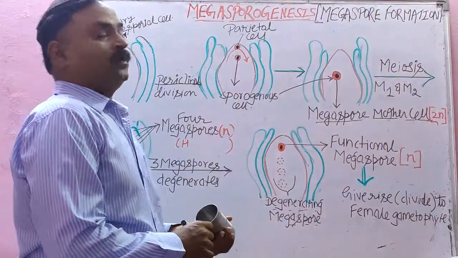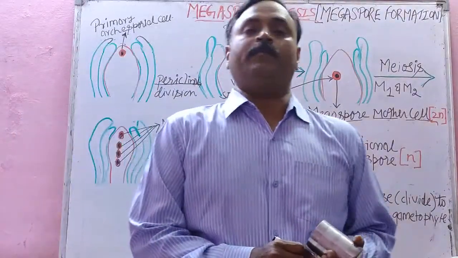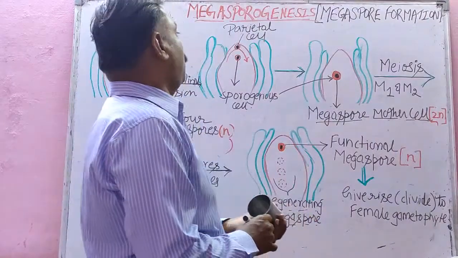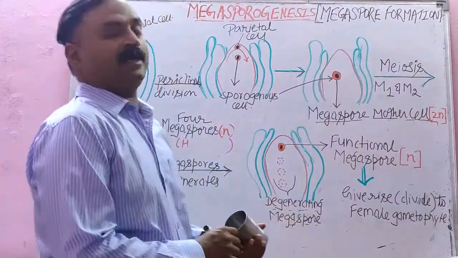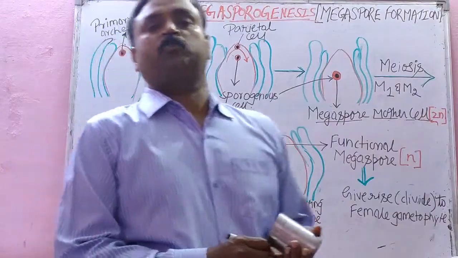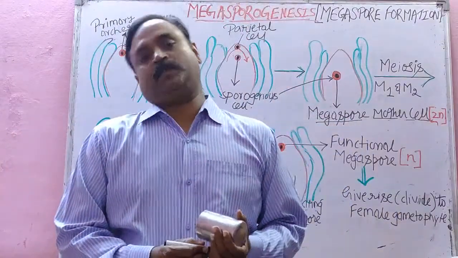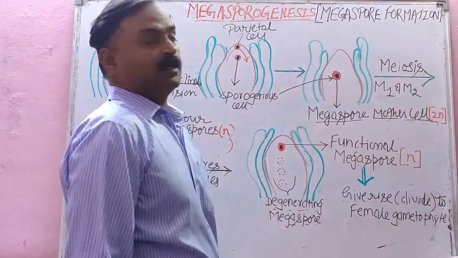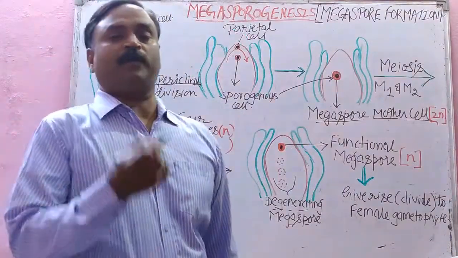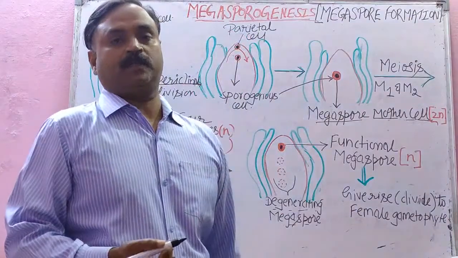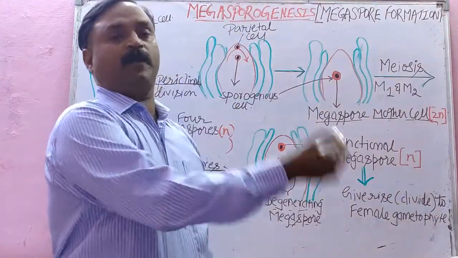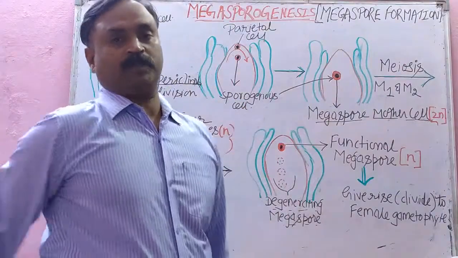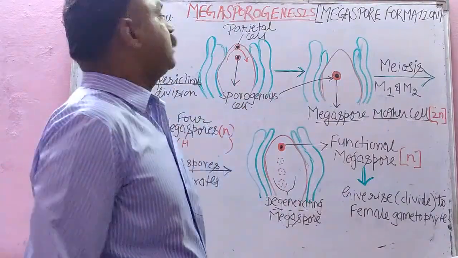Now student, we are going to study another important question for long answer type of question, that is for 5 marks, maybe asked for draw or show the stages of megasporogenesis. Now student, what do you mean by megasporogenesis? Megasporogenesis means formation of megaspore cells, and that will be ultimately forming female gametophyte or embryo sac in the next question. So student, let us start.